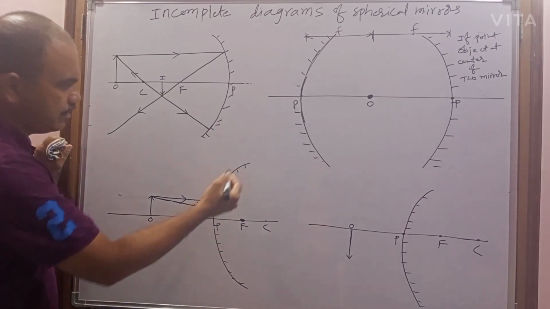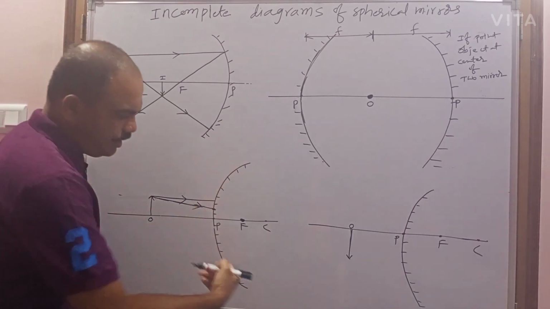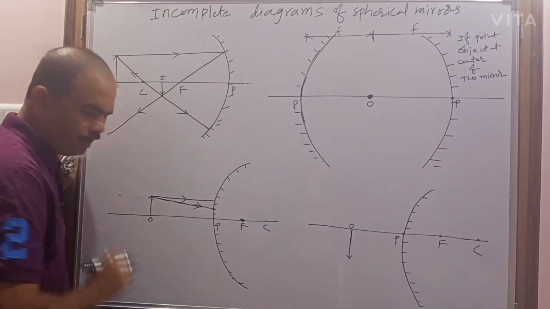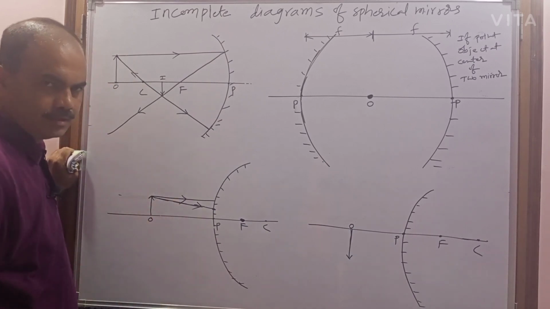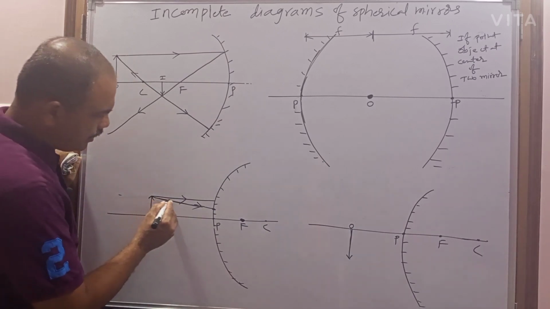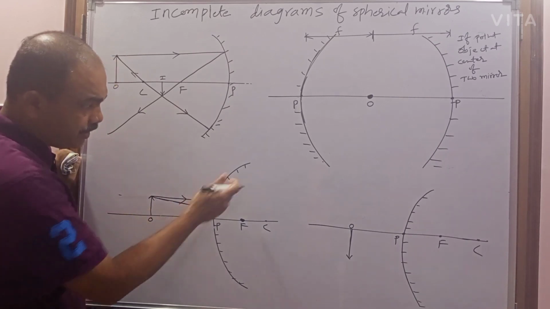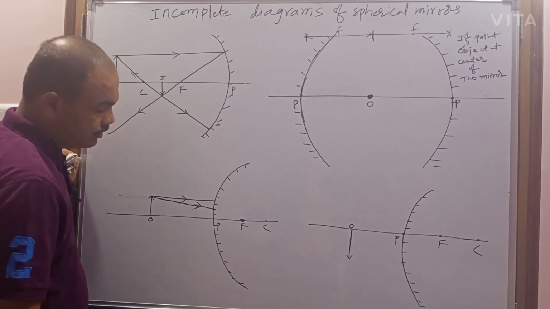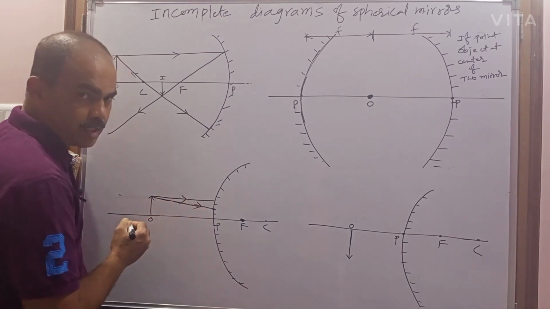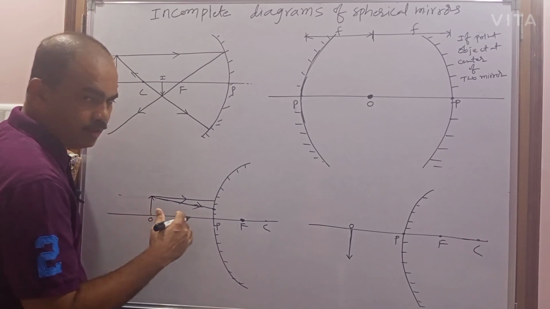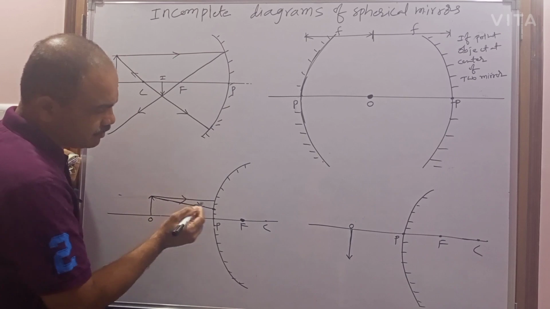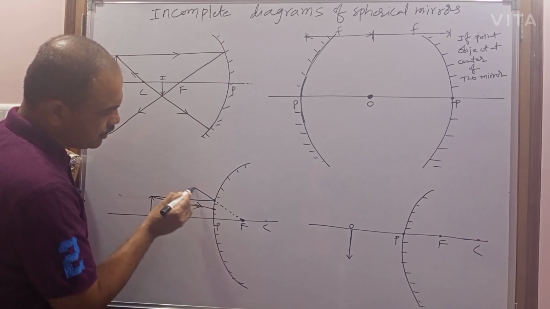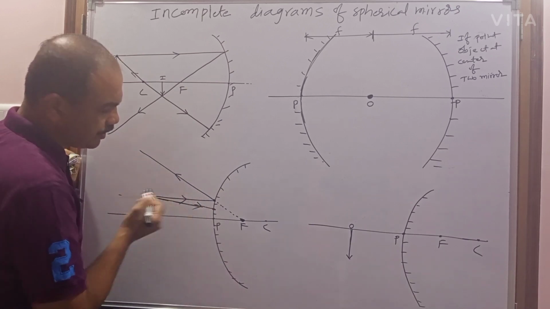And next, come to this diagram. Which type of mirror is this? It is a convex mirror. And here the object is given. O means object, and these are the incident rays. This is the incident ray parallel to the principal axis, but it is a convex mirror. After reflection, how will it be? It will appear to be coming from the focus. So join the point of incidence to the focus, and after that extend that ray. Now this is the reflected ray corresponding to this incident ray.